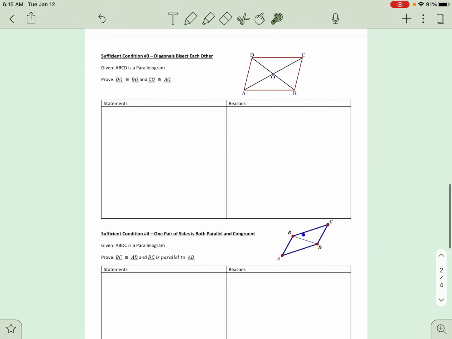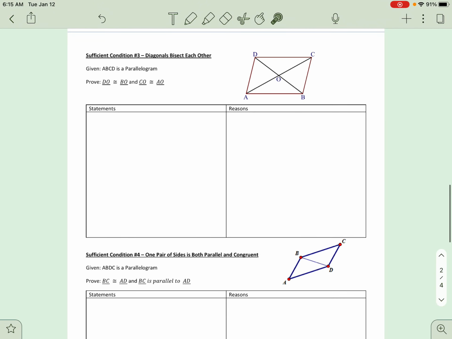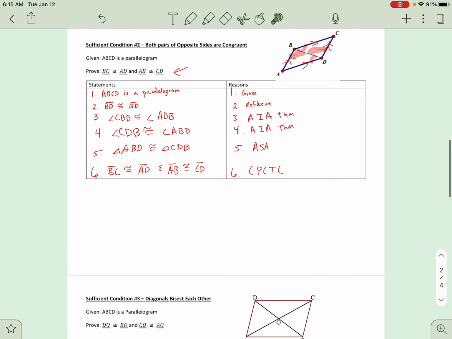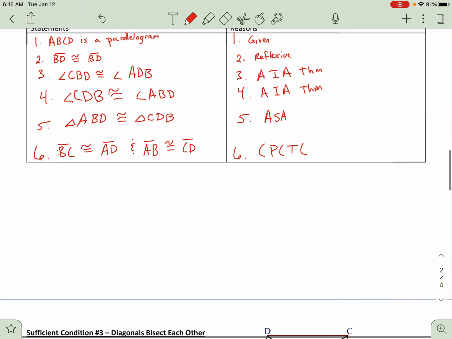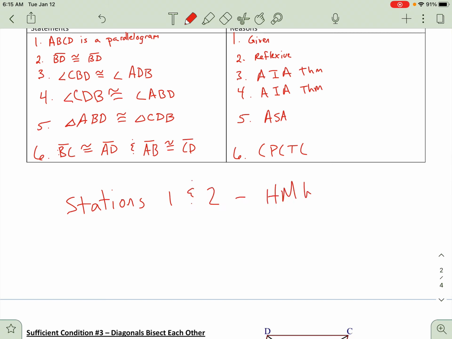Conditions number 3 and 4 I will put into another notes video for tomorrow. Your only practice tonight is stations 1 and 2. So we're going to use the same 2 documents for the next 2 days, but we're going to split it up into 2 days. All right. So again, any questions, let us know. I will see you guys, unfortunately, not until